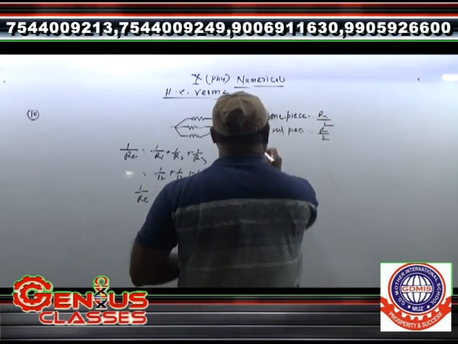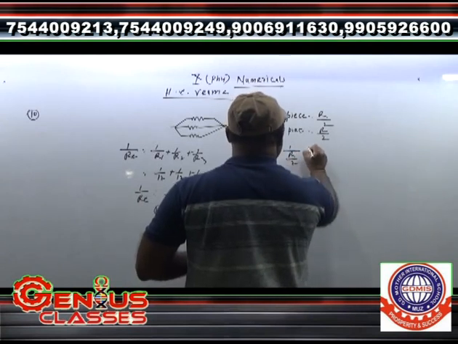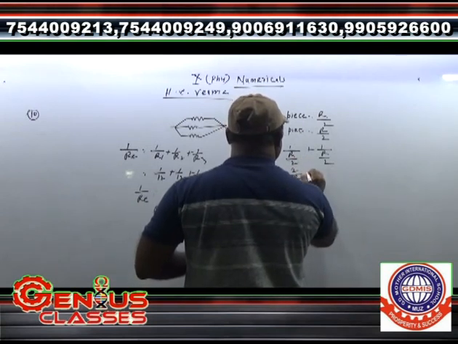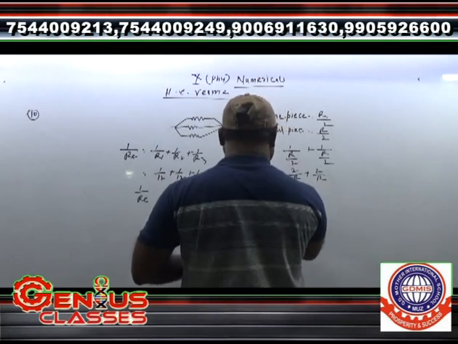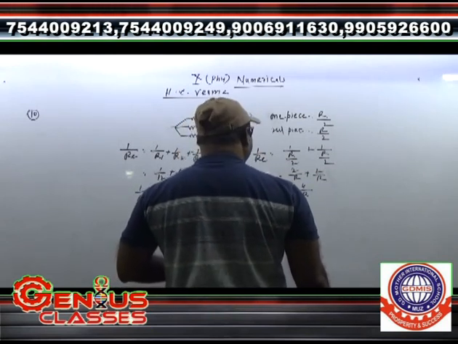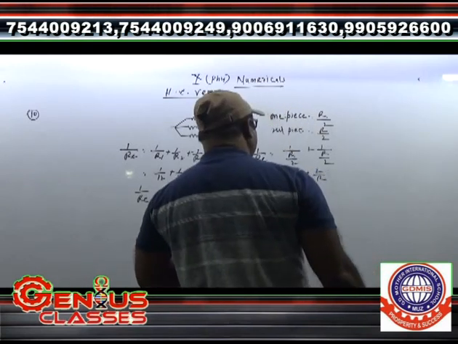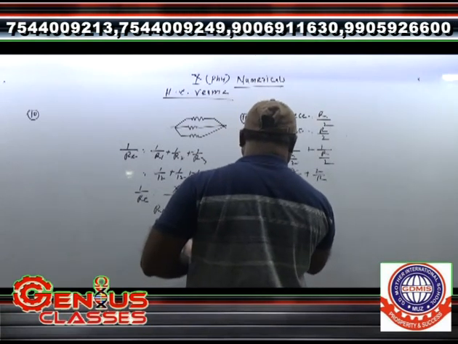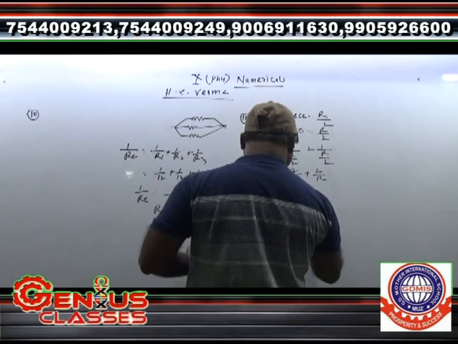So, you can get here 1 by RE equals 1 by R by 2 plus 1 by R by 2. What will happen? It is 2 by R, it is 2 by R. Okay, 4 by R. Like this. So, this is 4 by R. I am giving one more example. This is RE. So, 4 RE is equal to R. RE is equal to R by 4.